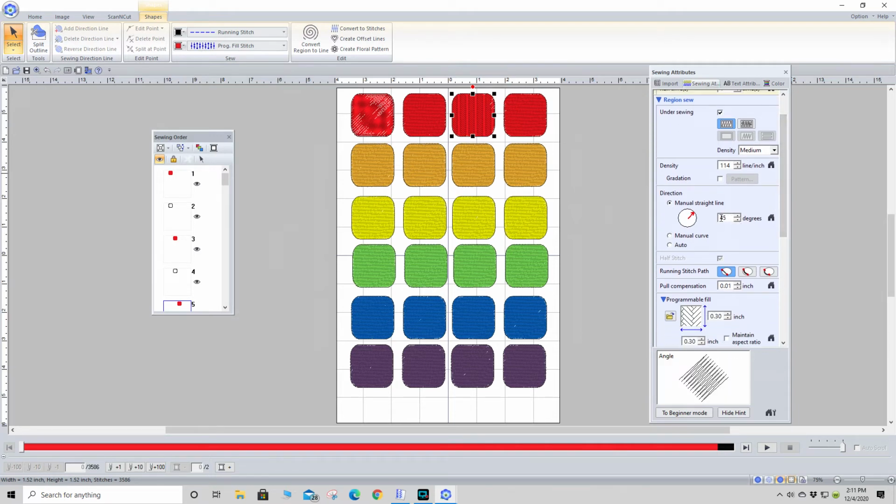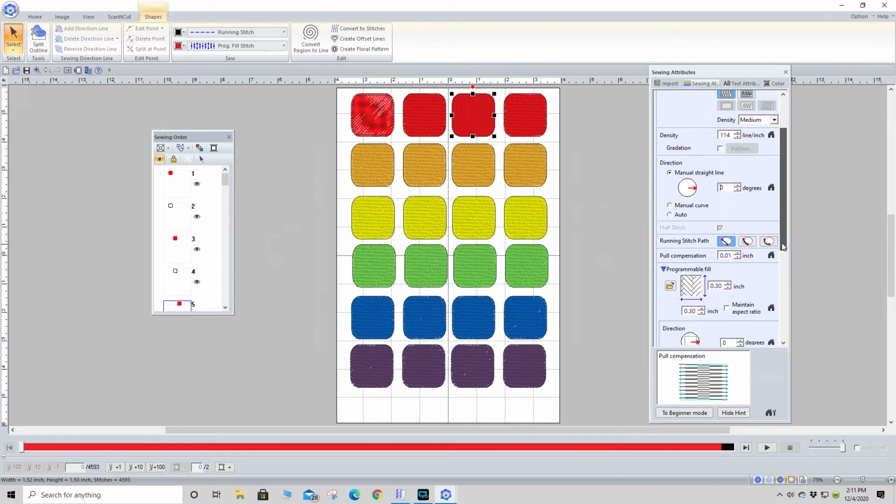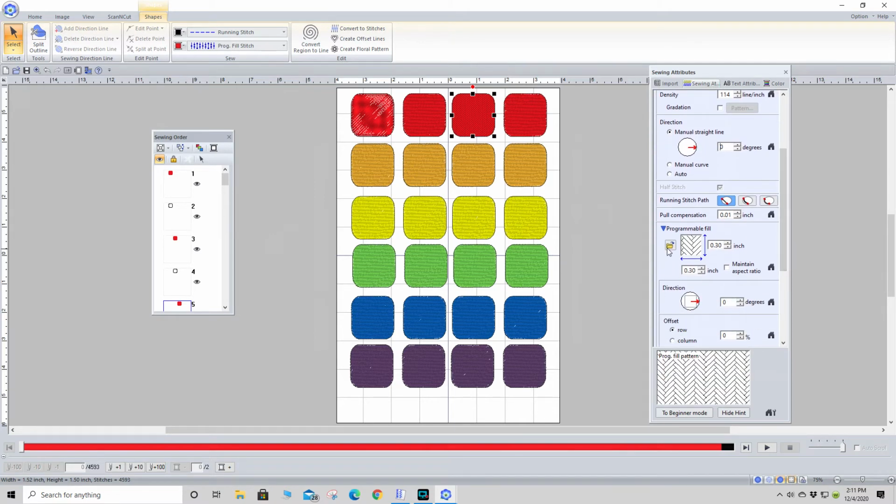This is at a 45-degree rotation. I want to leave all of these at 0. So I'm going to put that on 0. And it might change the look up here. Okay, it did. But what it is, this programmable fill has this file folder full of many different designs, and